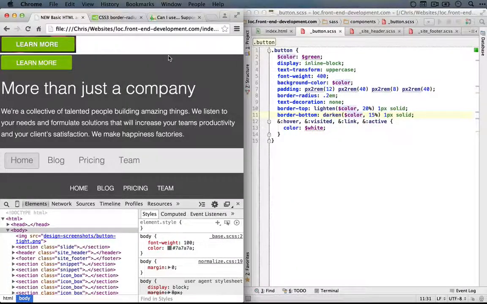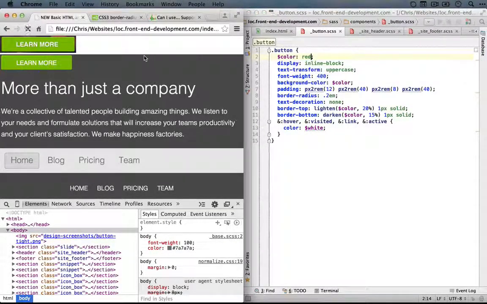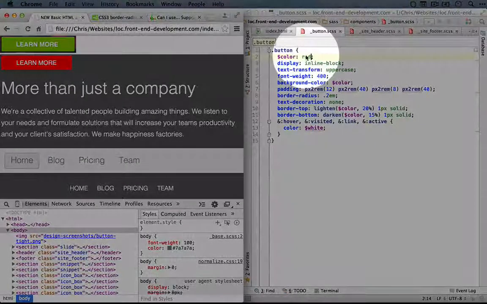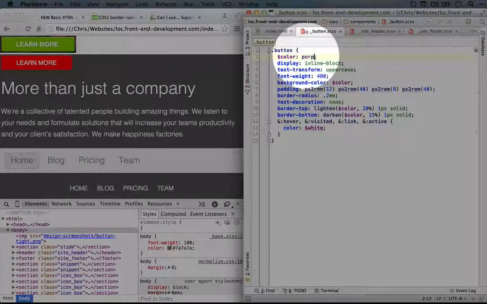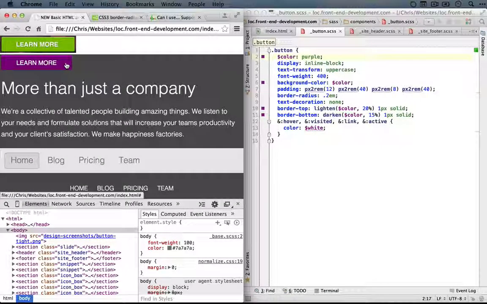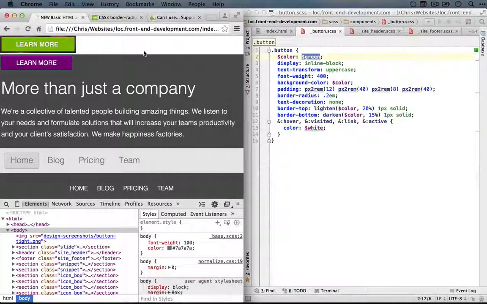If we refresh the browser, we shouldn't see any changes. But now if we change the color here to say red, and we go back to the browser and refresh, you'll see a lighter red border on the top and a darker red border on the bottom. If we changed it to purple and refresh the browser, we'd see those other colors adapting. Nice. All right, let's go back here and go back to green by clicking undo a couple times. We'll refresh in the browser,